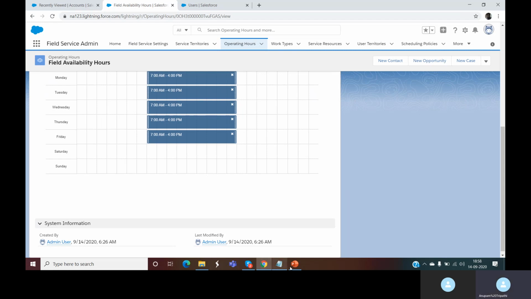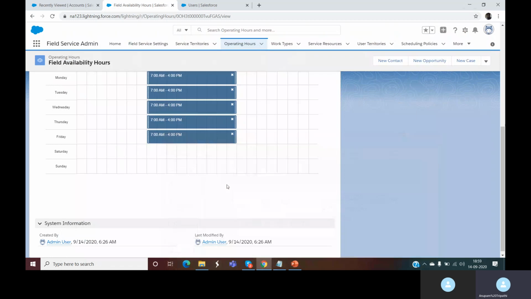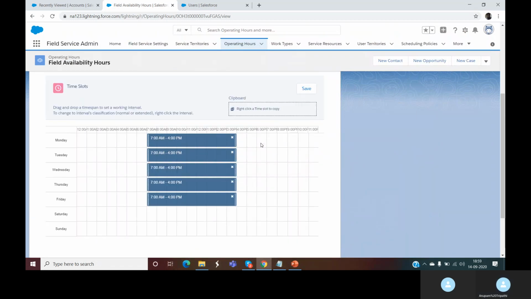Now I think there was another requirement that they also do some overtime from 4 p.m. to 8 p.m. In that case, we have to add some extended time here as well. So we will manually draw the extended time from 4 p.m. to 8 p.m., and we will right click and select it as extended.